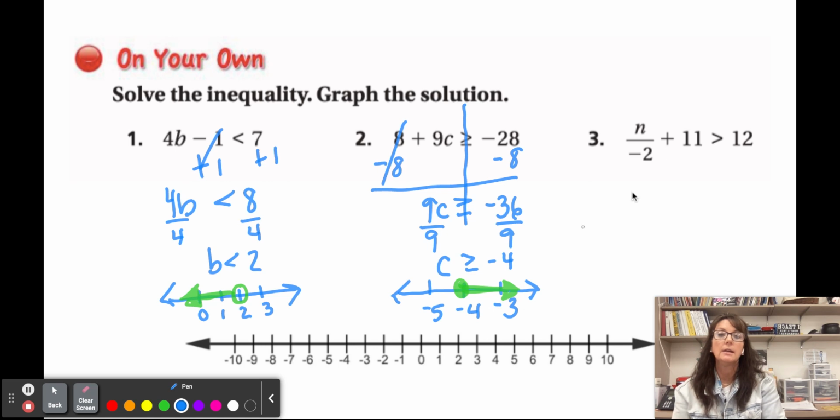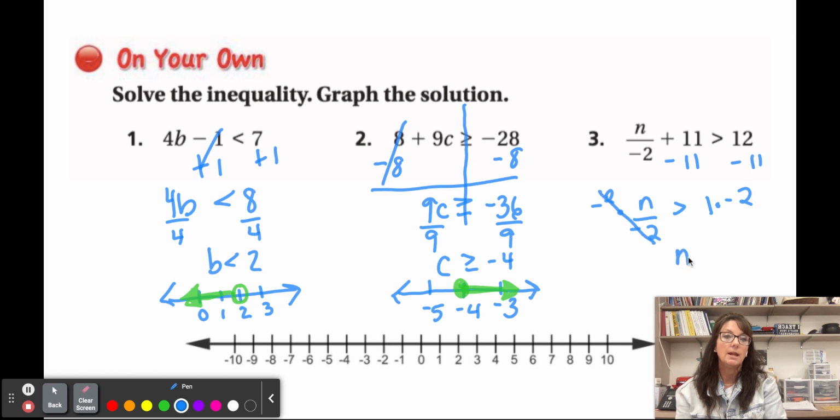Moving right along. Here, the inequality symbol's right here, no variables, so we want to undo adding 11 by subtracting 11 to both sides. N divided by -2 is going to be greater than 1. Here, we are multiplying by a negative number, which means we are going to have to reverse that symbol. So the -2's cancel out. N will be less than. The symbols have to reverse